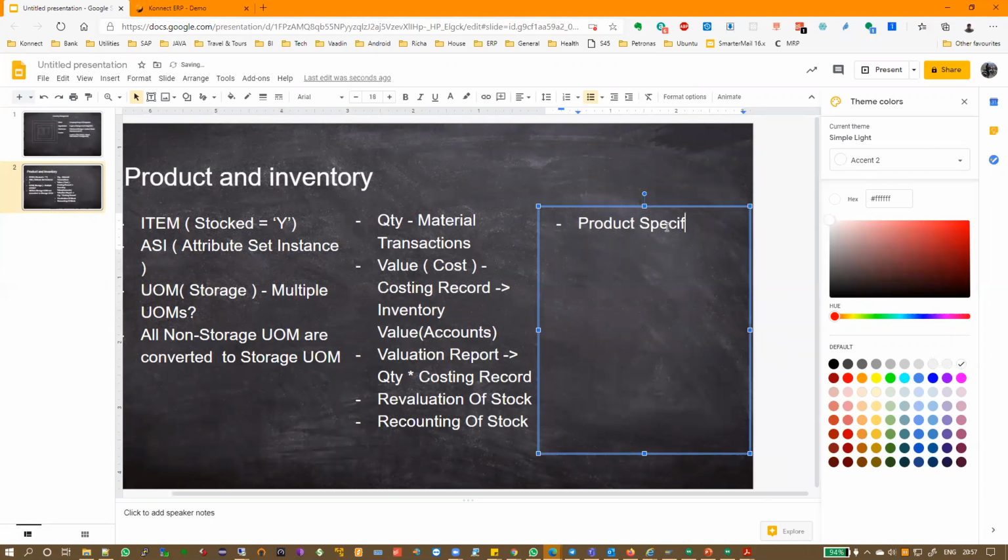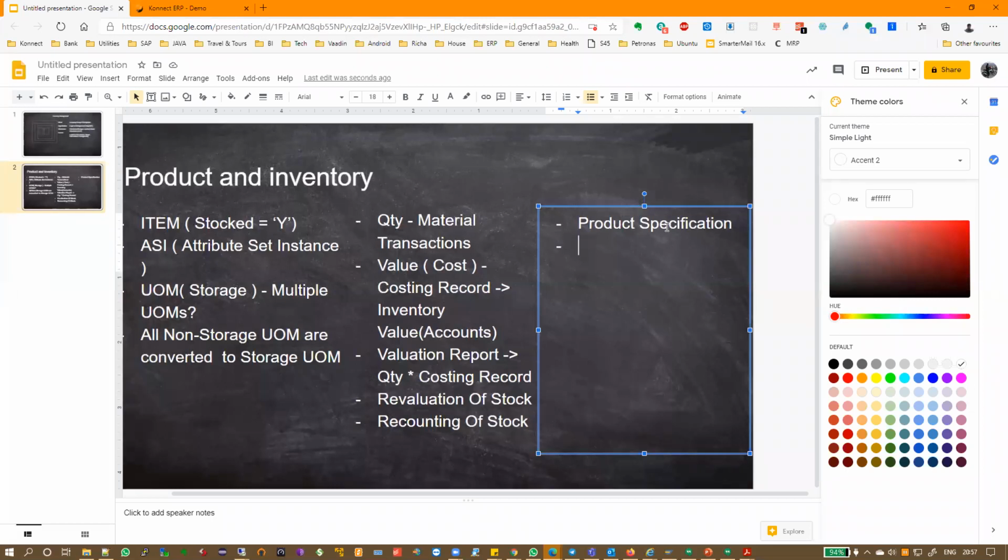there is something called product specifications. In a minute we will touch on a lot of details about this. But when I say product specification, for example, your mobile phone has let's say Android 10 operating system, octa-core processor, 8 GB memory, etc. So these are all specifications of a product. Where can these specifications be stored? And why is it important for inventory?